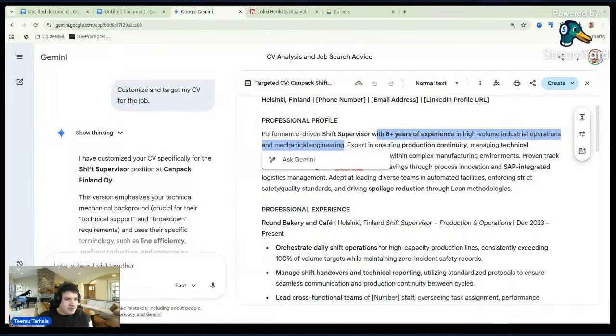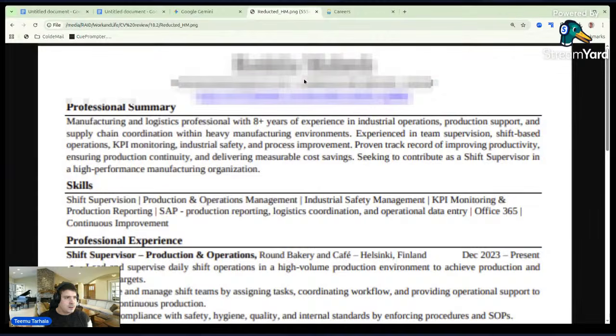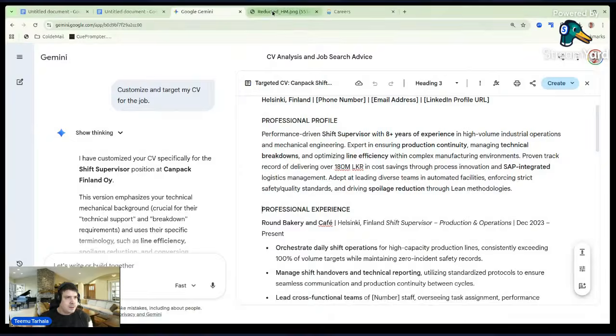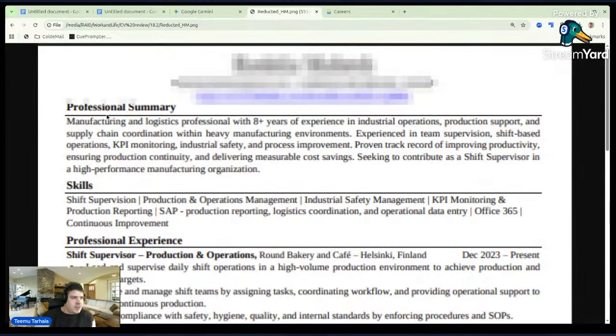I want to have an original one here next to me. I think it's this one. Okay. First one, we had manufacturing and logistics professional with 8 years of experience in industrial operations, and then a list of different things we were doing.